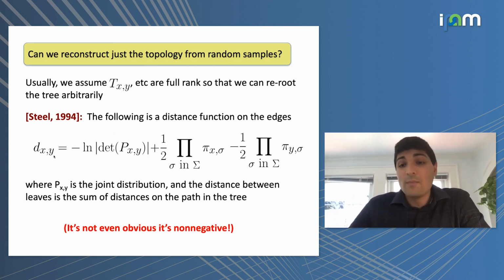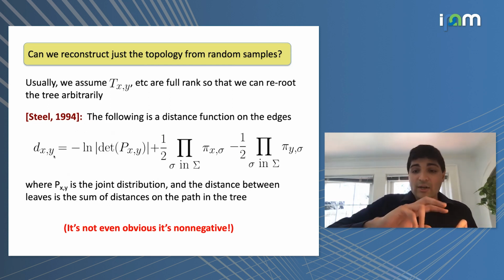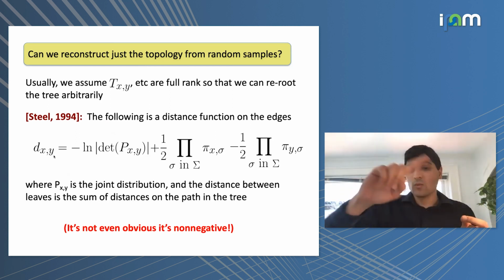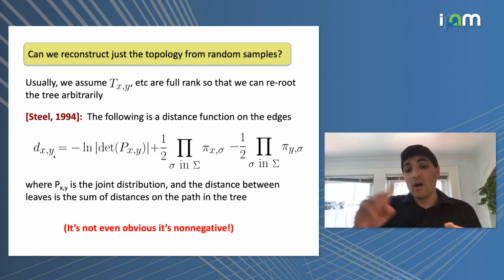And what turns out to be the important thing is that if you take any two nodes, even ones which are not adjacent to each other in the tree, x and y, well then if you compute this distance function a la Steele, dxy, that depends on their joint distribution, then it actually will have the property that it is literally the sum over the edges of the distances according to Steele's distance function along the unique path that connects them. So one way to think about this is that, when I can reroute the tree arbitrarily, if I reroute it at some node x and then look at the transition rule that takes me to y, I'm going to get a product of these stochastic transition matrices along the path.